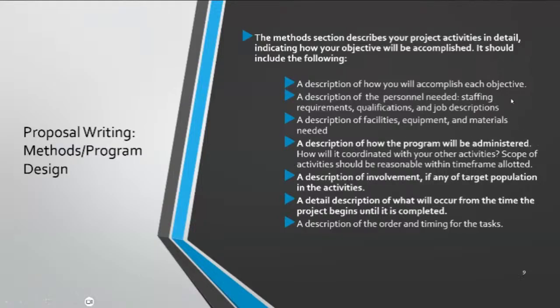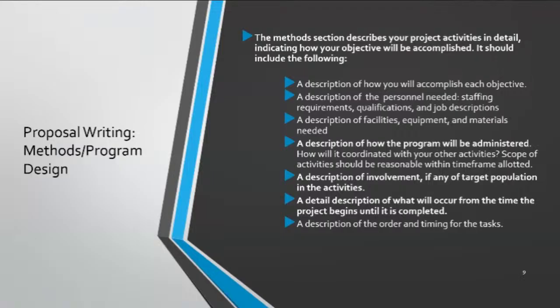And it should include the following. You should be able to provide a description of how you will achieve each objective. If you've got 5 objectives, there should be 5 descriptions. There should be a description of the personnel that you're going to need, the staff requirements, qualifications, and job descriptions.